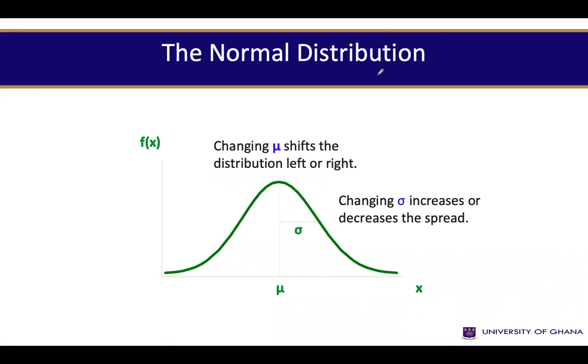Literally, you are carrying the normal distribution curve from one point to another, without expanding it or contracting it. So if you change the mu, or the value of the mean, you either shift the